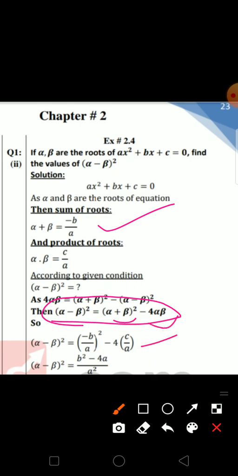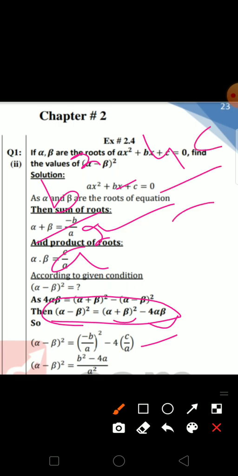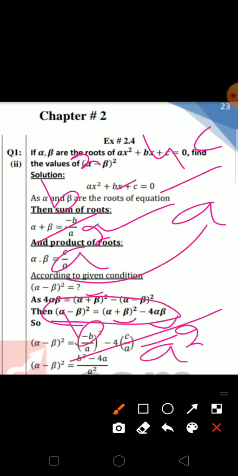Now further simplify, this is equal to b square divided by, क्या आ जाएगा? b square डिवाइडेड बाय ए स्क्वायर आ जाएगा, ठीक है, और फर्दर आपके पास क्या आएगा? माइनस 4c डिवाइडेड बाय ए। सो वी टेक एलसीएम, एलसीएम लेंगे तो हमारे पास क्या आ जाएगा? ए स्क्वायर, ठीक है, और यहाँ से आपके पास क्या आ जाएगा? बी स्क्वायर माइनस 4ac, तो ये आपके पास आ जाएगा आंसर, इसकी वैल्यू फाइंड आउट हो जाएगी। नाउ द वैल्यू ऑफ अल्फा माइनस बीटा होल स्क्वायर इज इक्वल्स टू बी स्क्वायर माइनस 4ac डिवाइडेड बाय ए स्क्वायर।